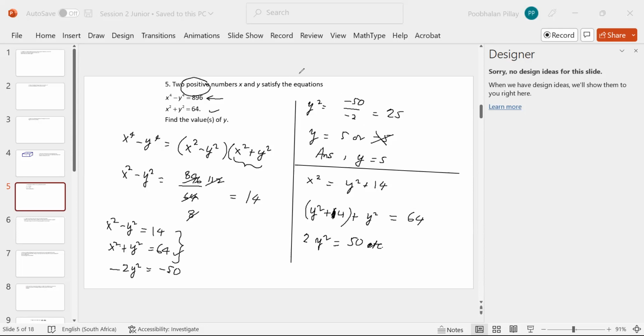So you can do it like that. There are two ways where you can eliminate, or find one in terms of the other and substitute. And that way you can get rid of